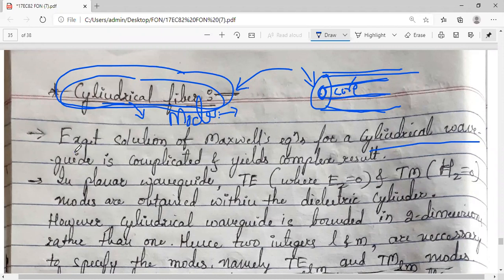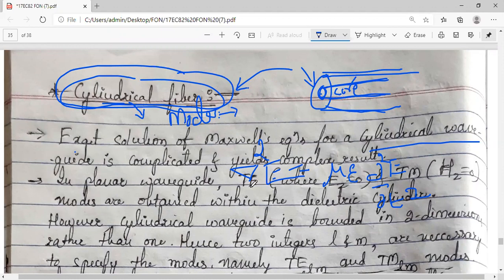When we solve Maxwell's equation, it will be in the form of del square, either of E or H, depending upon the field considered. It is one of the equations which I am writing. If you remember, from very long back, try to recall, del square E equals something times dou square by dou t square of E. This is for E. Similarly, you can go for H also. So this is one Maxwell's equation.